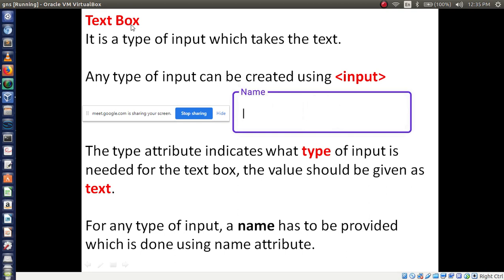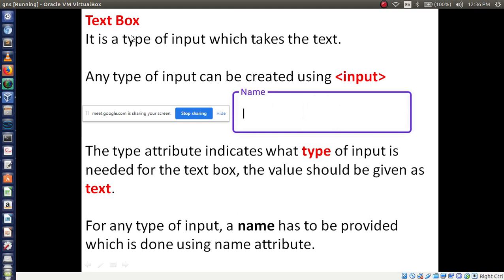Then another attribute we use is name. There are two attributes, type and name, that we compulsorily have to use. Remember these attribute names of the input tag: type and name.